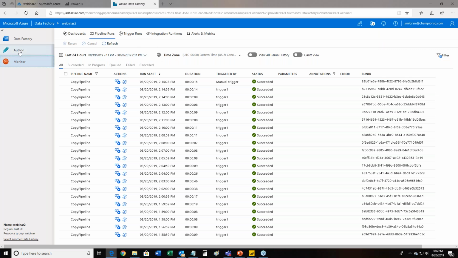All right. So I switched over to the monitor section, and here I can look at my pipelines, and here I see the manual trigger that I kicked off, and it succeeded. Now imagine you have a dozen or several dozen different data sources. One great benefit is if there's ever an error in the data ingestion, you can find those errors. You can be alerted as soon as they occur and figure out what's happening in this data flow that we're setting up. Now I'm going to go back real quick to author,